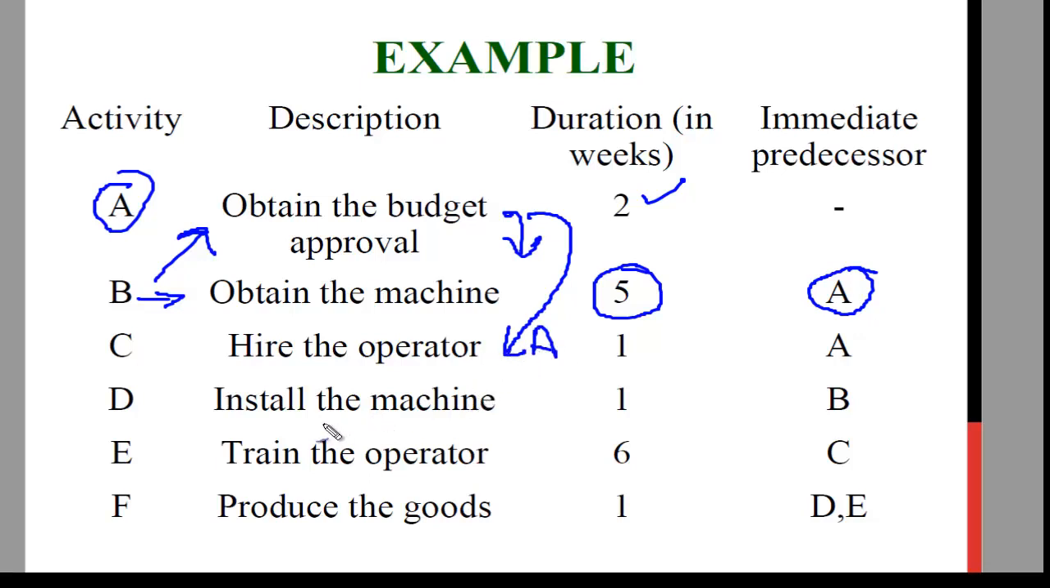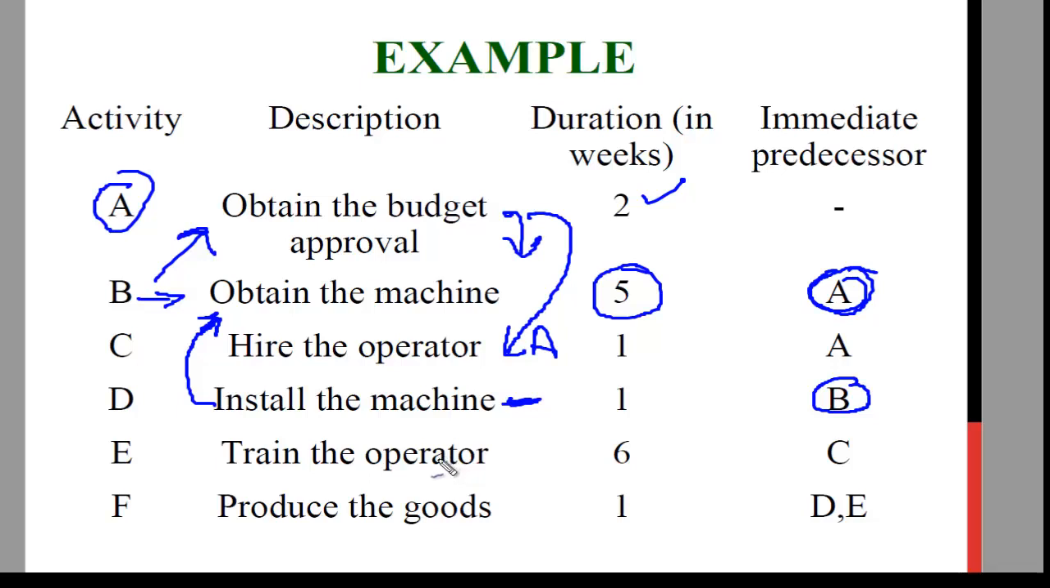Right, now install the machine. Now you are trying to install the machine. If there is no machine, how can you install the machine, right? So this has to be dependent on the obtain the machine. In fact, obtain the machine itself depends on obtain the budget, but immediate predecessor we are saying कि इसका immediate predecessor कौन है, वो है obtain the machine. हालांकि खुद obtain the machine वो depend है on A पर, लेकिन ये जो वाली है install the machine, that is dependent on the immediate predecessor, इसका B है, ठीक है ना।